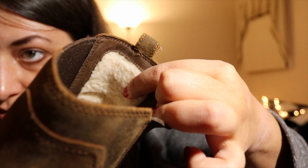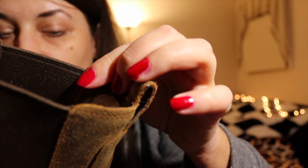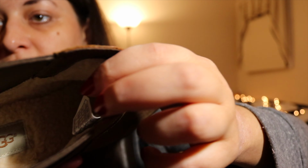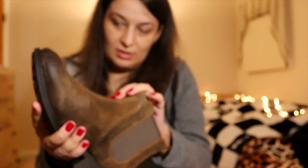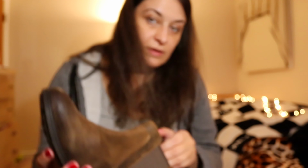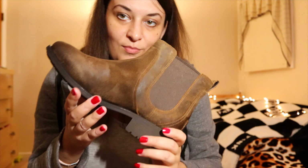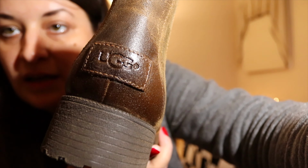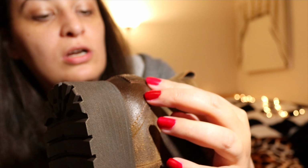Here they have fur on the heel, and in here they are also covered with fur, and on the sole too. And this part also has fur, so it's nice and warm. And the inserts are not removable, and they also have some kind of heel here, 1.5 inch. Here it says AG. Nice logo,